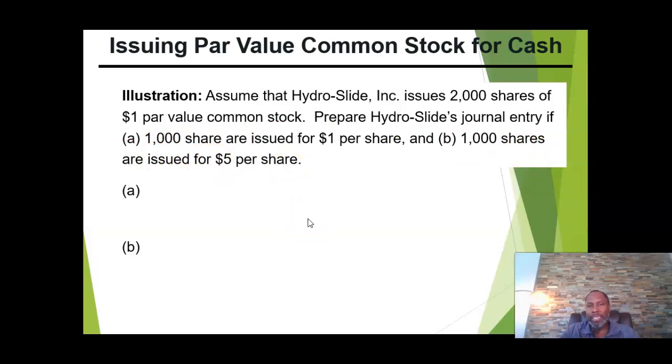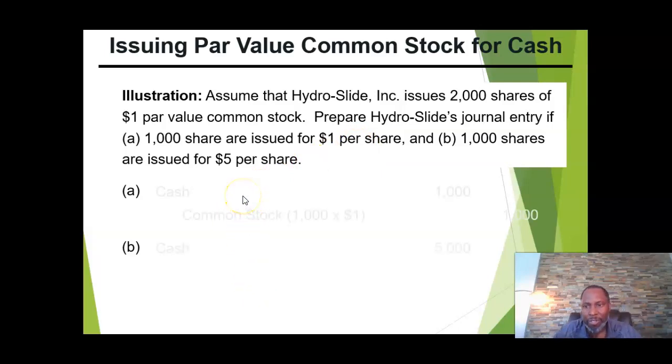Now, this is an academic example, okay? In the real world, a share of stock will never be issued for its par value. As a matter of fact, I'll pull up an actual statement, and what you'll see is that typically par value is going to be like maybe 1 cent, 10 cents, not normally $1. And when stock is issued, it is not going to be issued at its par value amount. So keep that in mind. But from an academic standpoint, for our first example, this stock was issued at its par value amount. If that's the case,